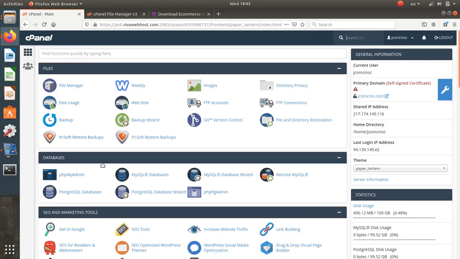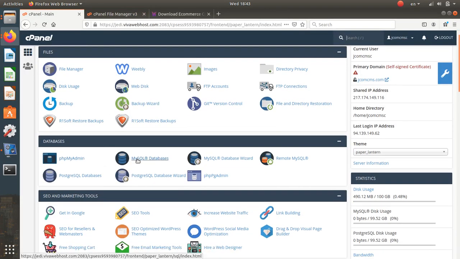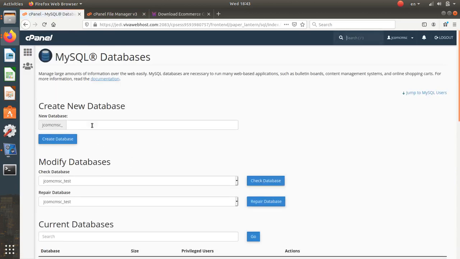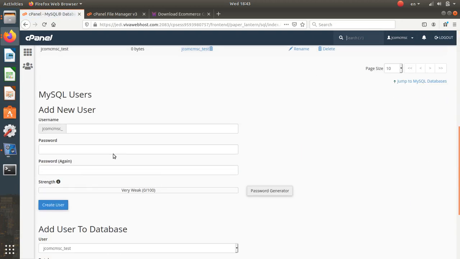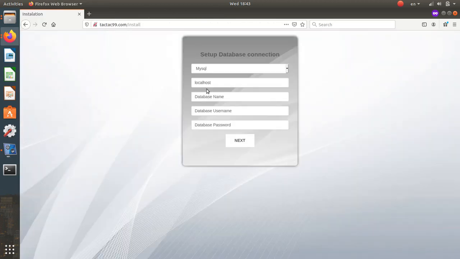The next step is to create a database. You go to MySQL database and you copy tac, create database. Just copy the database name, go back, and after that create a user. I create a user with the same name as the database. I just enter tac,